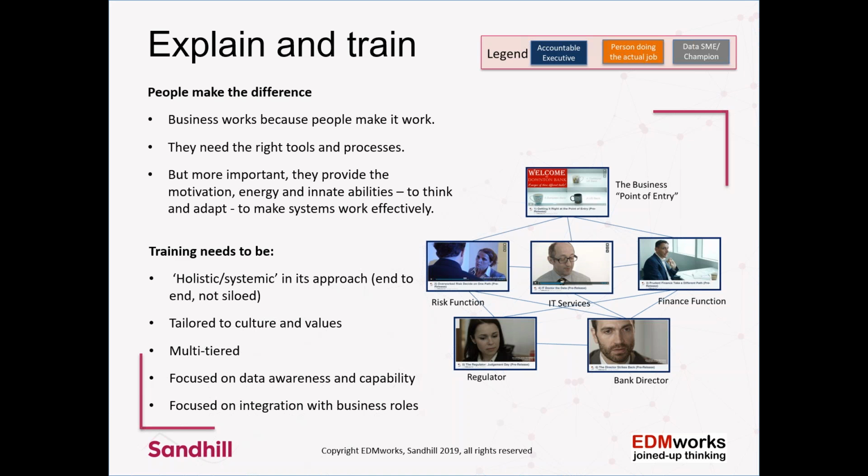We mentioned these data practitioners. We need people, champions, who are in the different parts of the bank or the organization, who have a solid understanding of how data governance and data management works within the organization. They will probably be part-time data champions and part-time doing some other job within the particular sector, within the particular region they're working on. But we need to make sure that they are fully trained and understand what to do on a normal basis, and when exceptional circumstances happen, how they need to escalate and remediate.